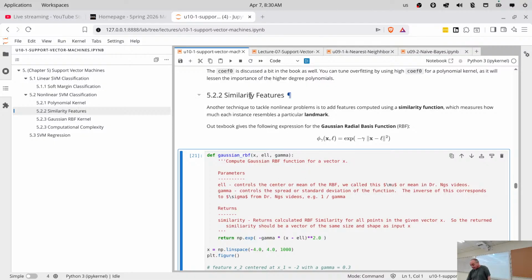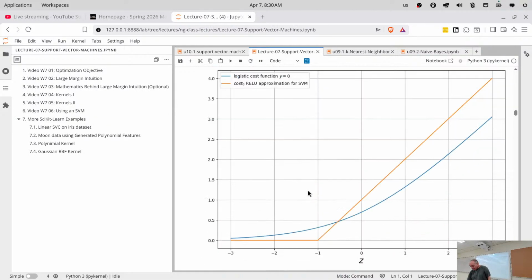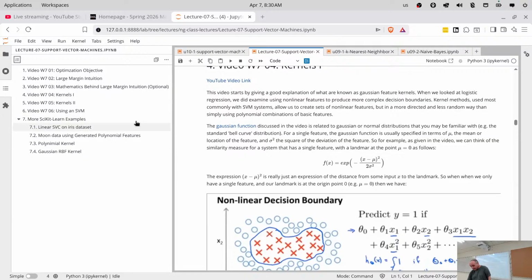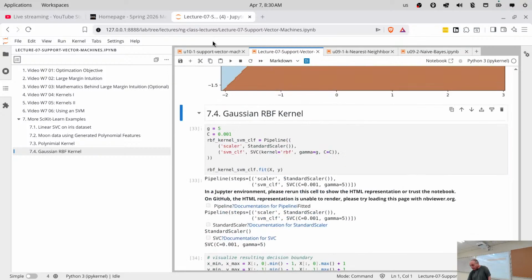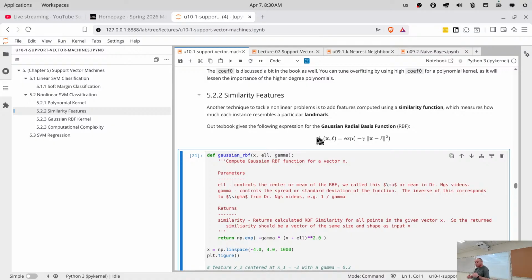Another thing that is a little bit beyond the scope of this course, if you read Dr. Ng's treatment on kernels, or if you watch his videos, he'll go into it a little bit. But there's the so-called kernel trick, because of the mathematics, you can actually apply a Gaussian kernel and not take a performance hit to do it. Okay, and I'm not really going to go into the details of that, but